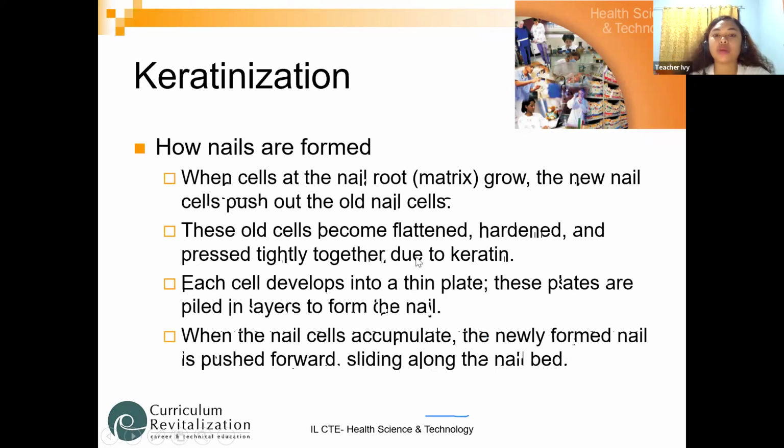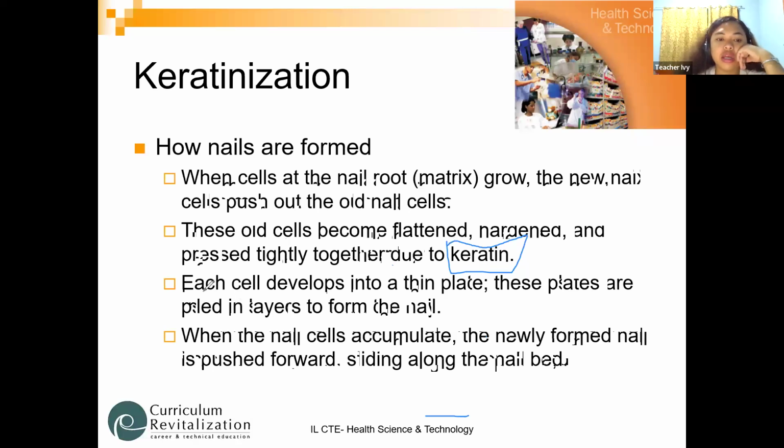Second, these old cells become flattened, hardened, pressed tightly together due to keratin. So that is the reason why, even if our nails tend to grow every day, and even the ending of our nails tend to grow, this part of the nails is still hard and flattened. It is because of what you call keratin. Keratin is the one responsible for the growing of our skin. And this keratin is a type of protein that aids our nails to grow. Okay? I hope that is